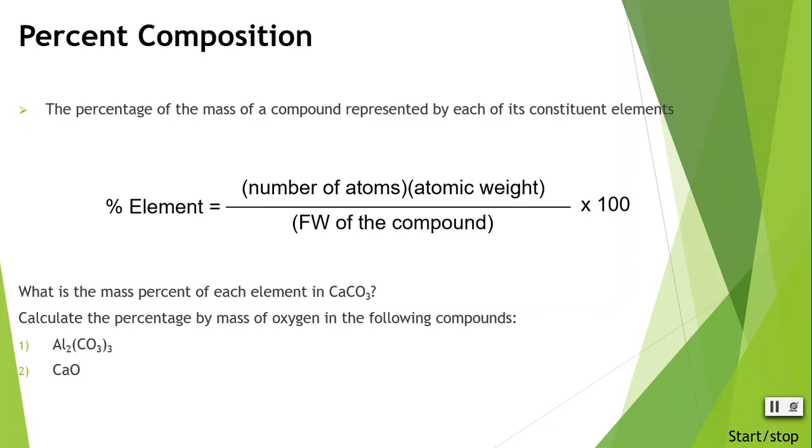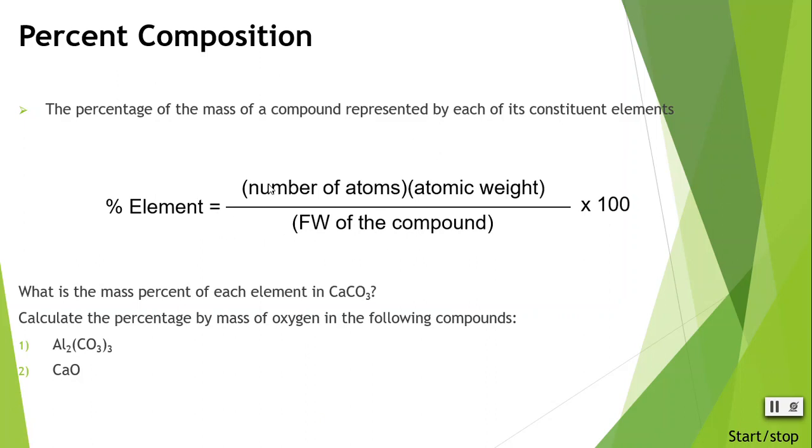So aside from using the subscripts in a balanced chemical formula to determine element composition in terms of moles and grams, we can also use it to calculate percent composition of an element with respect to mass. To determine the percent composition of a particular element by mass in a compound, calculating that uses this formula